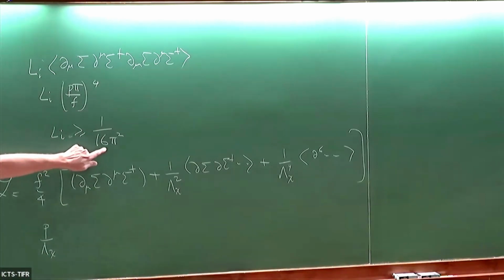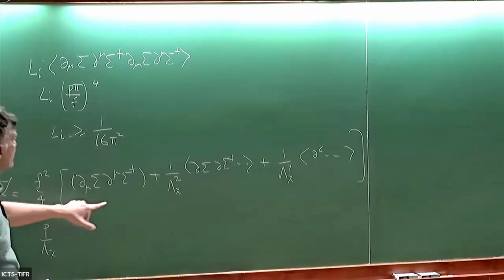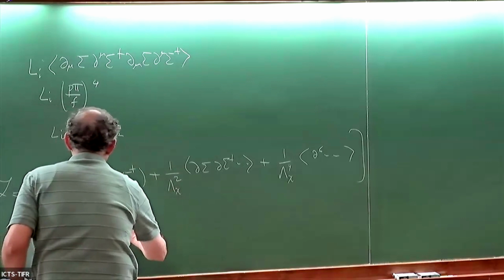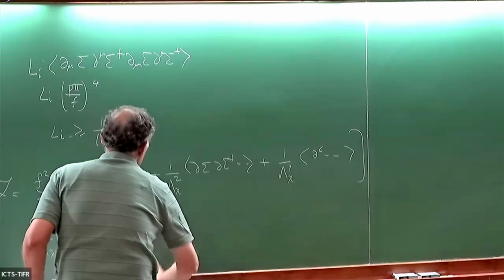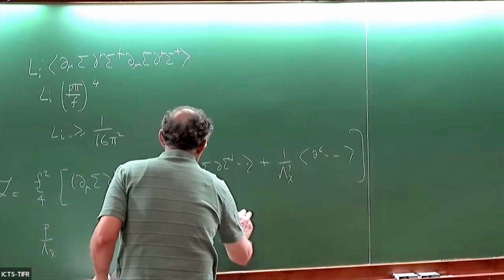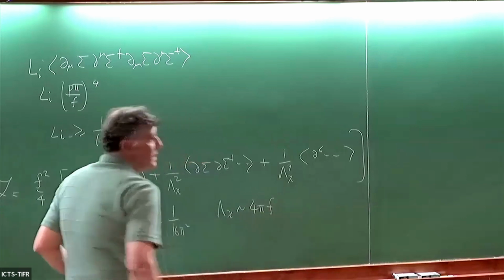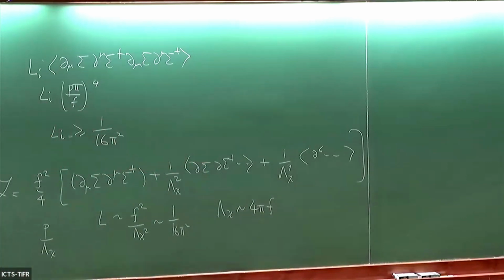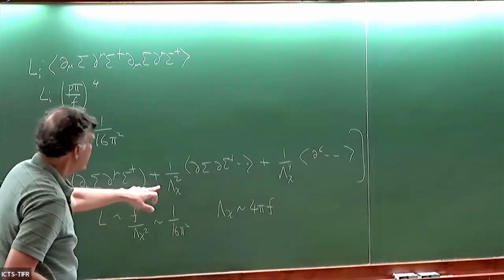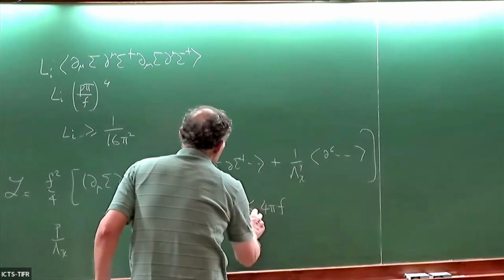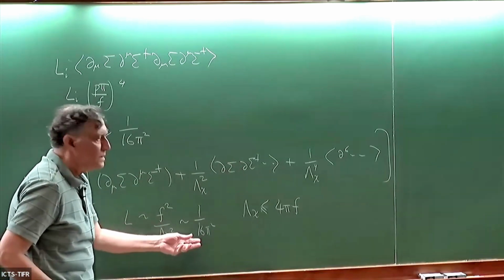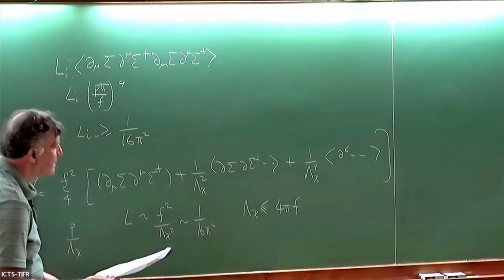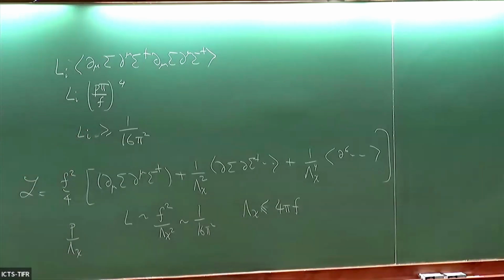And what this estimate is telling you is that the coefficient L, which is of order f squared over lambda chi squared, is of order 1/16 pi squared, which tells me that lambda chi is of order 4 pi times the pion decay constant. That is because every loop comes with a 1/16 pi squared. So really this should be an inequality: these coefficients cannot be much smaller than the suppression by the 1/16 pi squared. So this is what we call naive dimensional analysis, and one of the important consequences of that is